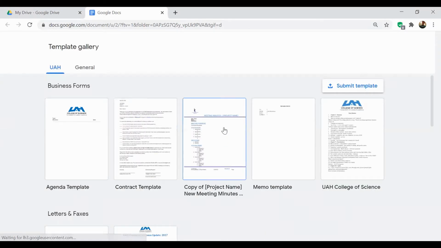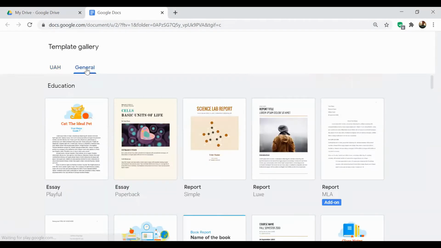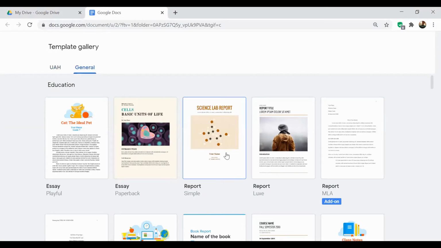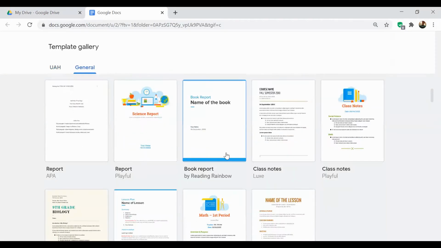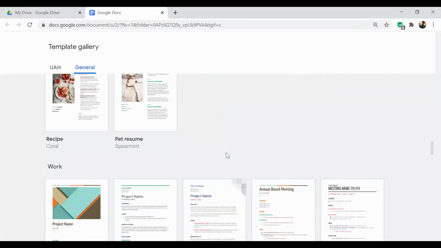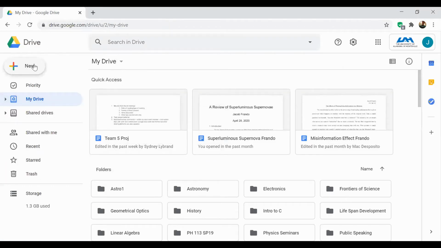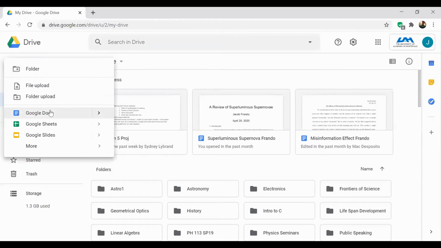Now, because I'm logged into my school email, there are separate templates that you can use, but if I want to get to the general templates, I can just click the General tab. There are essays, reports, class notes, resumes, things like that. The list basically can keep going, and you can take a look at that on your own time, but there's a lot to choose from here. But let's just say I want to start a blank document just for the purpose of an example. So I click New, Google Docs,